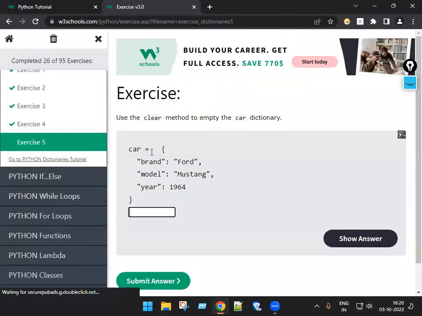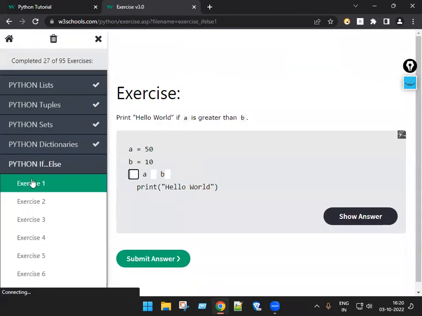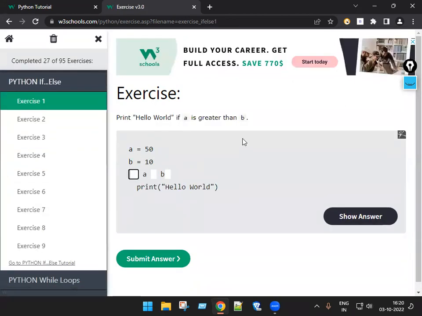Next one. Use the clear method. So car.clear(). What will be the answer if I try to print and see? Empty curly brackets, it is the dictionary. Now, if else,